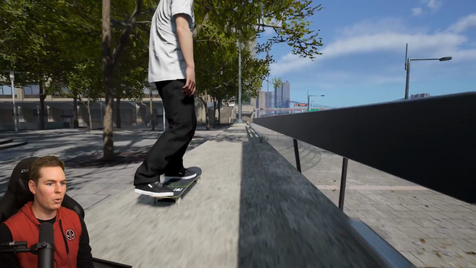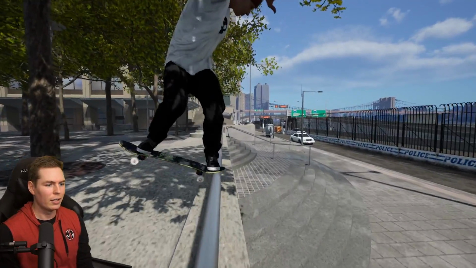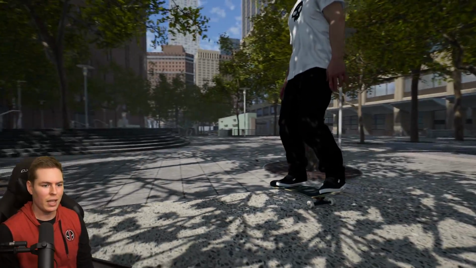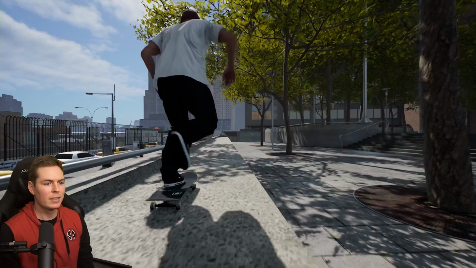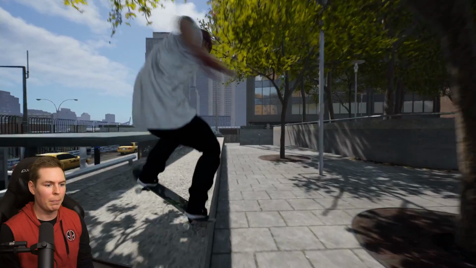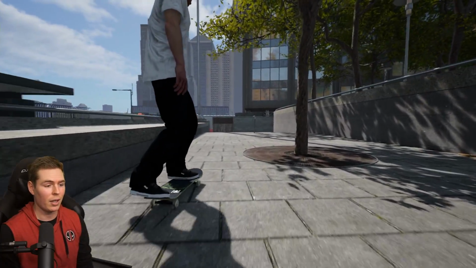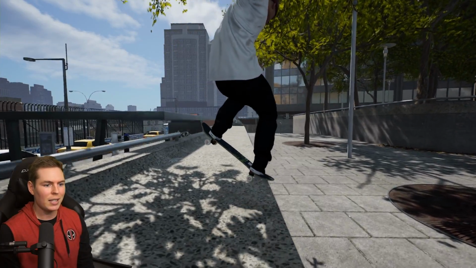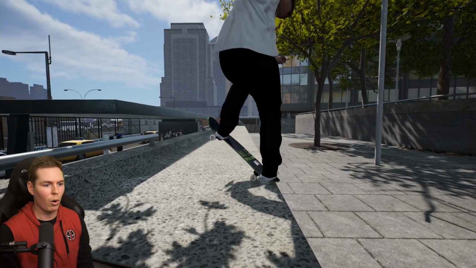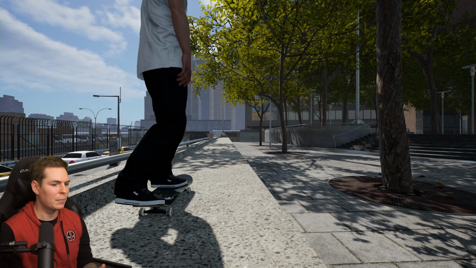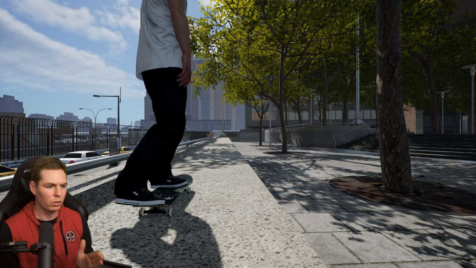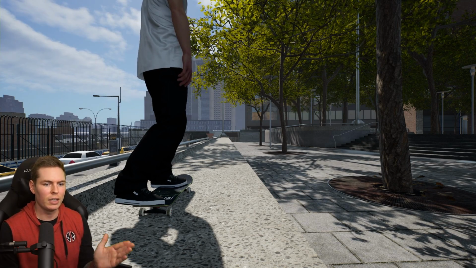Because look, if I was to do frontside nose slide here, it's a frontside nose slide. But if I was to do the exact same thing just on this edge, it's pretty much the same trick, but it's a different trick. Same with this one. Would you call it a backside blunt or a frontside tail slide? Because again, I'm staying on the exact same side as I popped. Nothing's going over, but I'm sliding like a blunt. Like, we know that there's blunt power slides, but that would actually just be an actual grind since it's on the edge of a ledge.